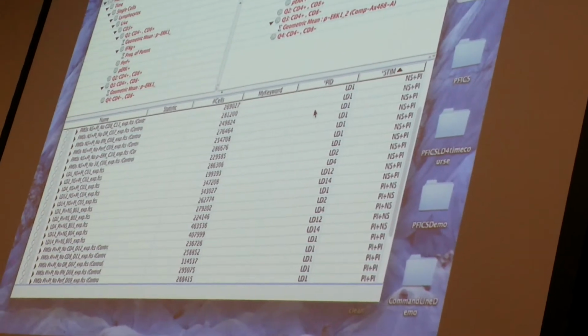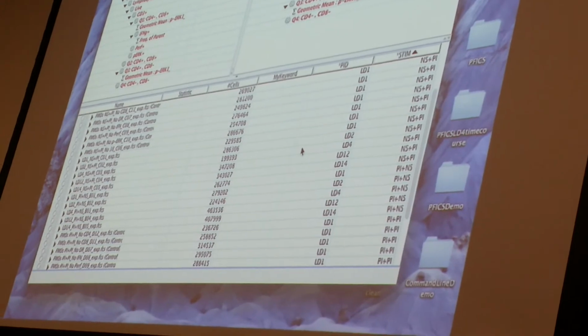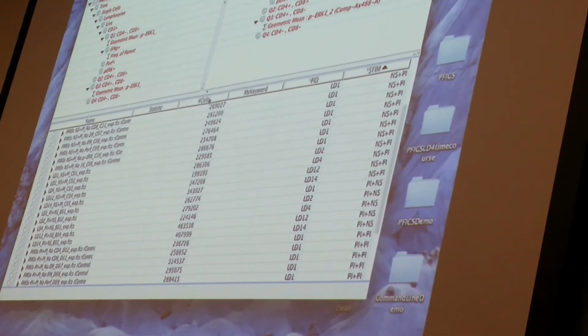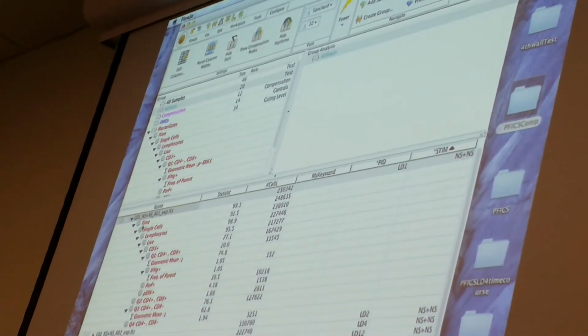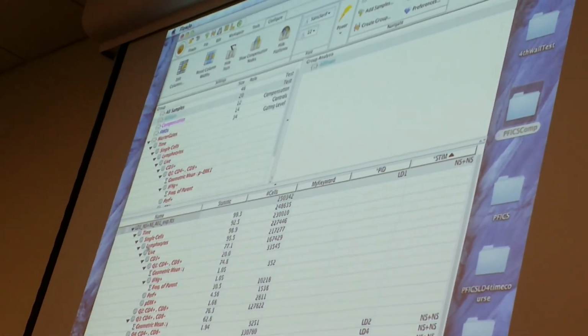point out that you have the ability to organize with these keywords and that they come in useful at the end of your analysis. So if I go back here, let's see, do I have any questions from you guys about gating tools or the graph program or the actual workspace, the sample